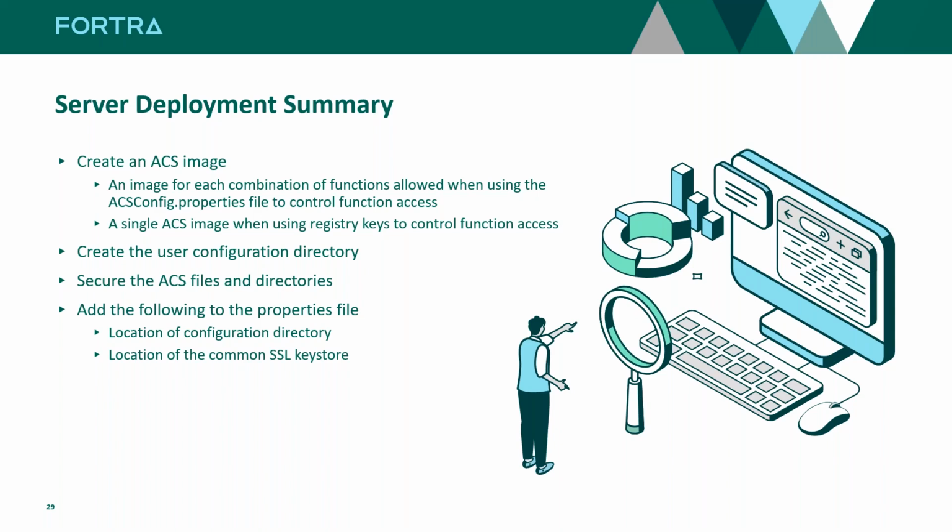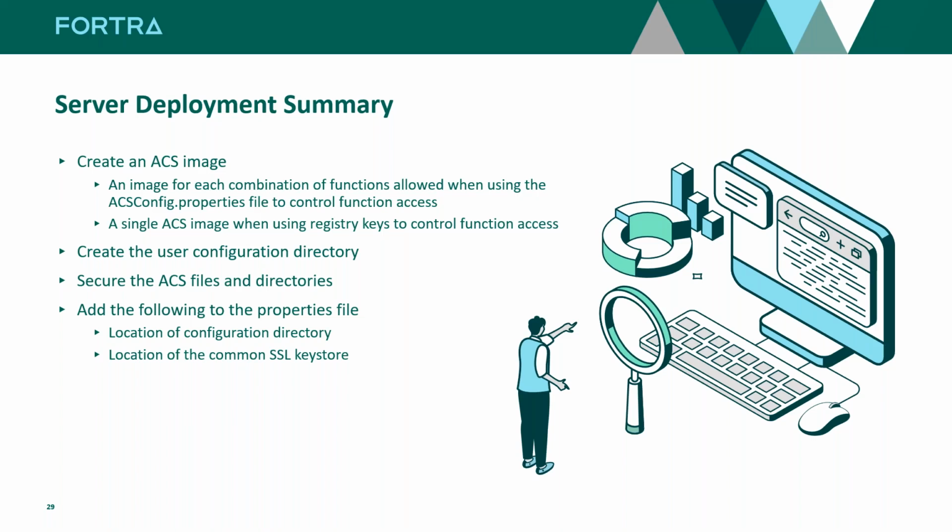So you want to create your ACS image if you choose to go down that path and use images, and as you're doing the install in a particular image directory, you're going to select the functions you want to be available to the user, but then if you're going to use the registry keys, you only need to do that one time, and you can select nothing and then enable those, and